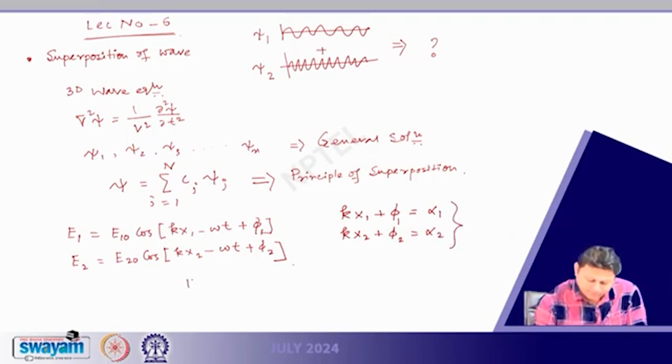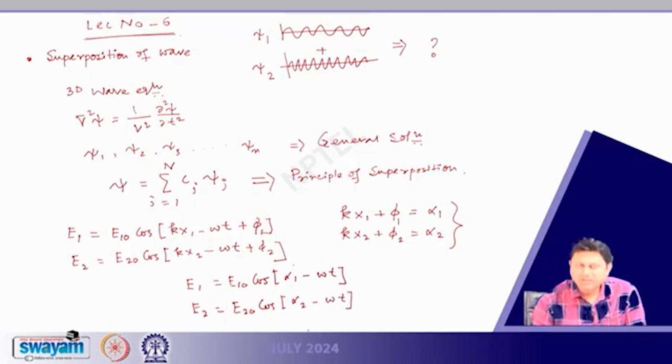If I do that, then I have two waves: E1 is equal to E10 cos of alpha 1 minus omega t, and E2 is E20 cos of alpha 2 minus omega t. So the frequency of the two waves is the same. The difference is this: at two different points I am trying to find out the superposition